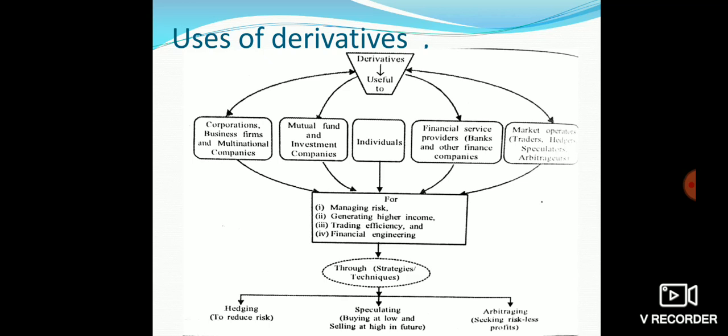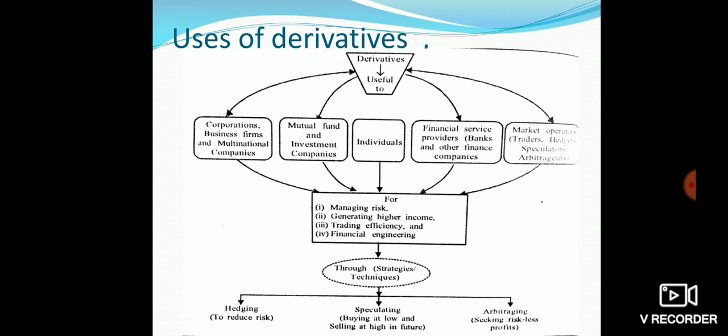So there is something called a portfolio. It is the combination of the investment of different types of securities in different markets and in different industries where you will get the maximum profit. And suppose some of your expectations go wrong, then obviously you can alter those portfolios, correct? So you can use some alternative portfolios. For that the financial engineering is needed, and through derivatives you can achieve this.